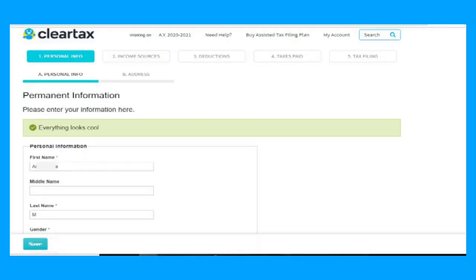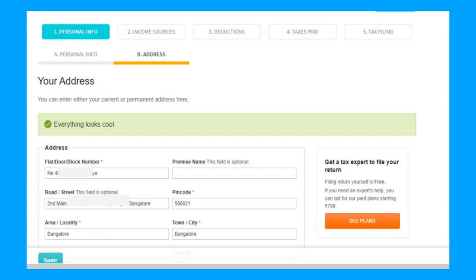You have to enter your personal details if you're filing for the first time on the ClearTax portal. Otherwise, the personal information would be saved based on the return you have filed the last time. Now, review the personal and address information under the tab Personal Info.